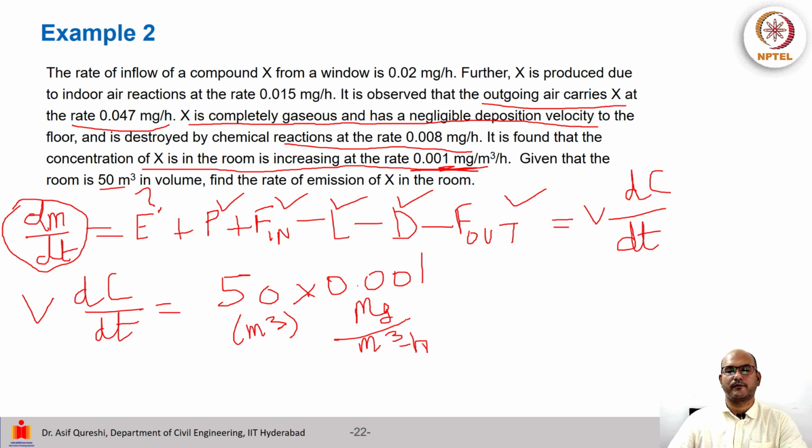So this way, 50 multiplied by 0.001, this value is going to be 0.05,